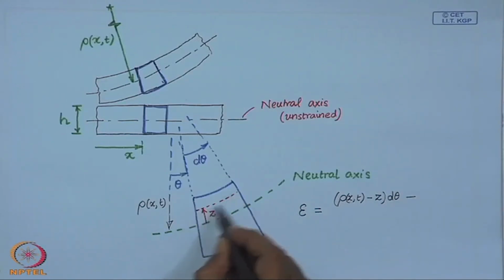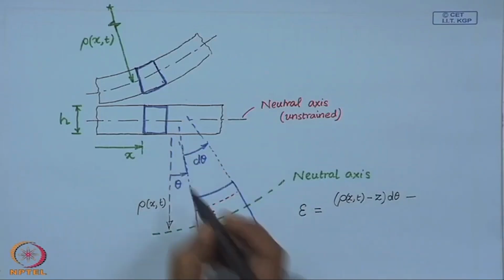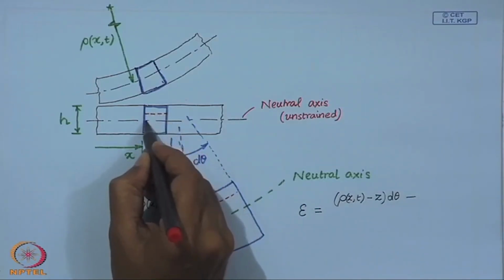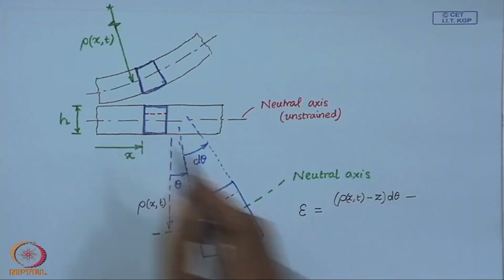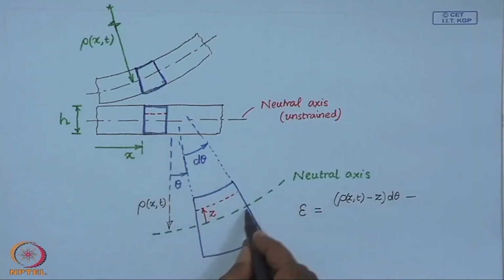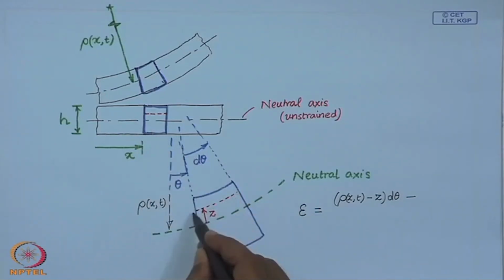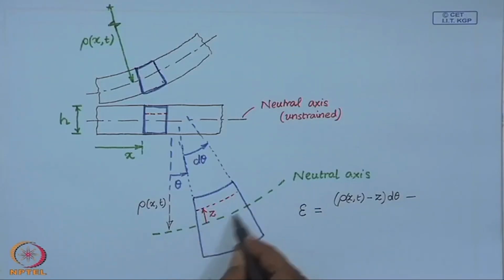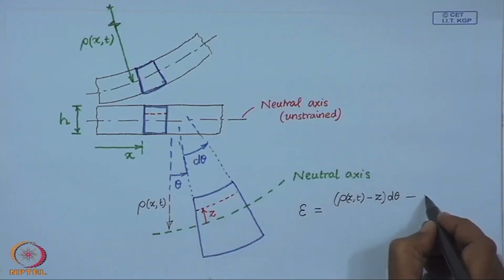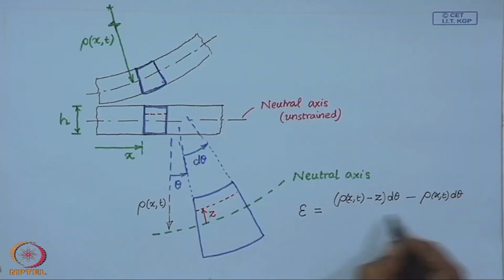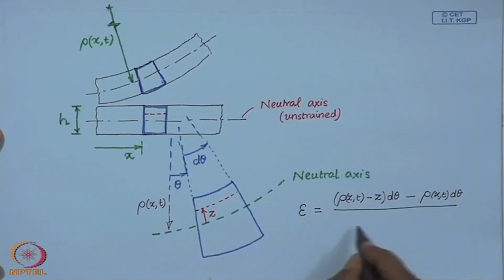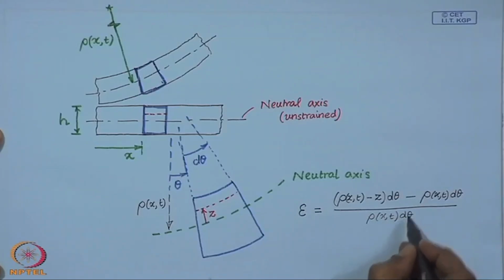Its undeformed length before deformation, as you can see, is the same as rho times d theta, since the neutral axis length remains unchanged. So, in the undeformed configuration this was of the same length as that. Therefore, its initial length was rho times d theta. So, therefore, this turns out to be